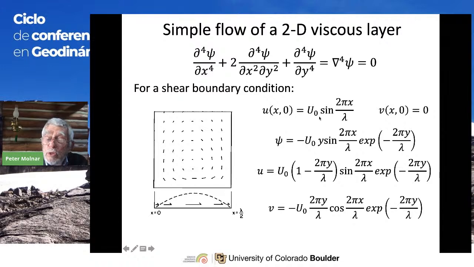I'm now just going to give you the solution. I'm not going to take you through how you get the solution, but this is the solution for the stream function that matches this boundary condition, and of course matches with the components of velocity vanishing infinitely away. And so what do we have? We have u is equal to some u0, this same u0 at the boundary. It has the same sine of x term in here, but the magnitude decays exponentially with distance. As y gets larger and larger, the exponential goes to 0. The magnitude of the velocity decreases exponentially, but there's also another term in here, this other bracketed term.